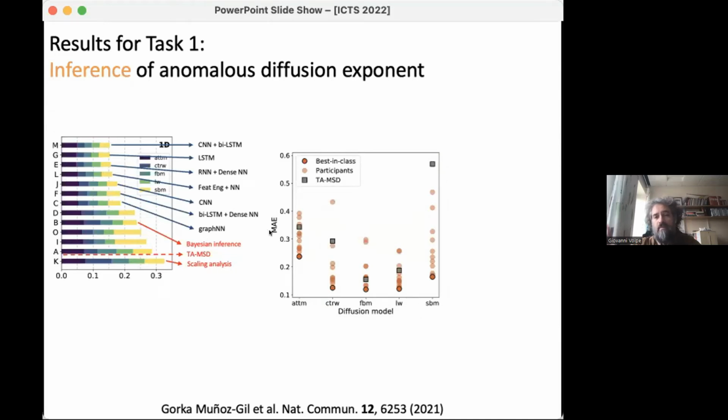Anyway, then we can also explore how different models performed. And here you can see that the mean absolute error for different models is very different. So you see that there are models that are somehow easier for the algorithms to interpret than others. What is particularly clear is that the ATTM, the annealed transient time motion, is one of the most difficult to classify. And the reason is understandable. The reason is because,